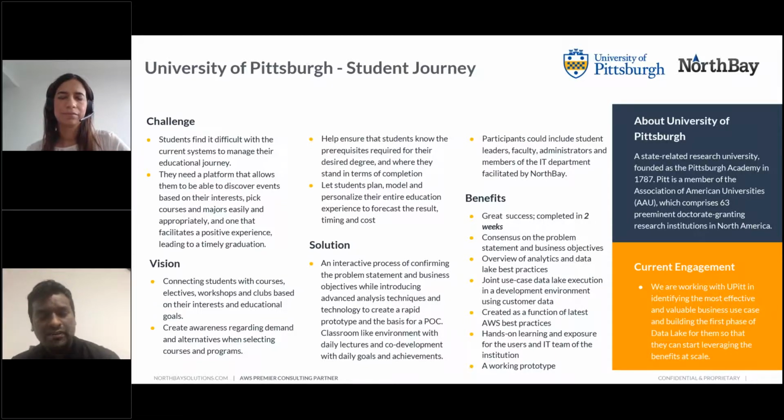A lot of universities want to go to these types of universities, and how can they enhance their experience? So one of the initiatives they have taken up is enhancing the student journey from the time they come to the university. How do they improve the experience day in and day out? They have all this information, just like I told you a while ago: personal preferences, what courses students are taking, what groups they have joined, any sports or hobbies they have learned. And they also have an event management or calendar system, where they can see how students set up a calendar that's viewable for others.